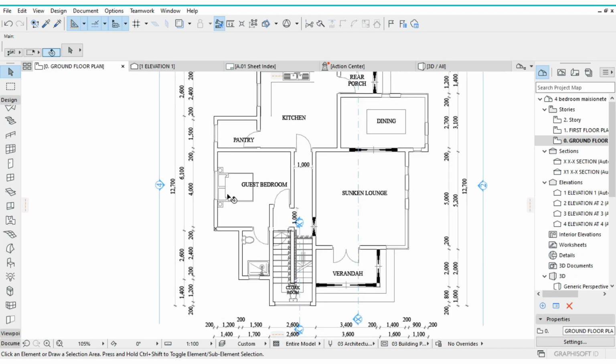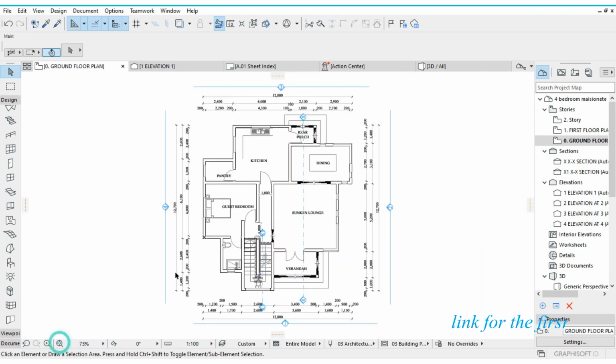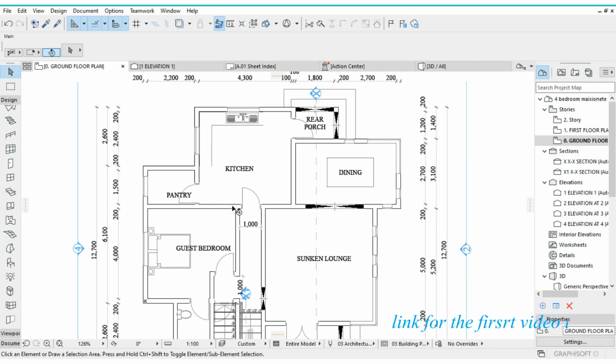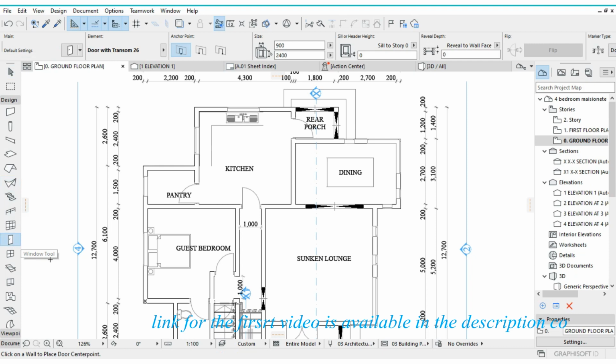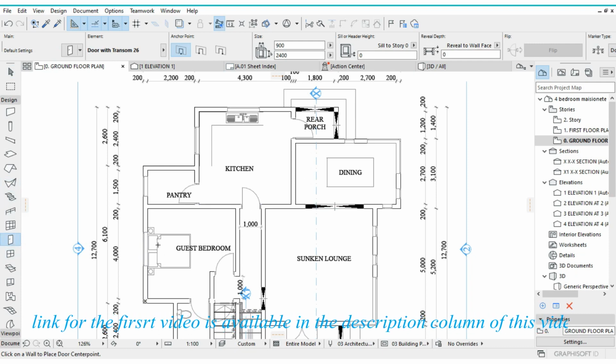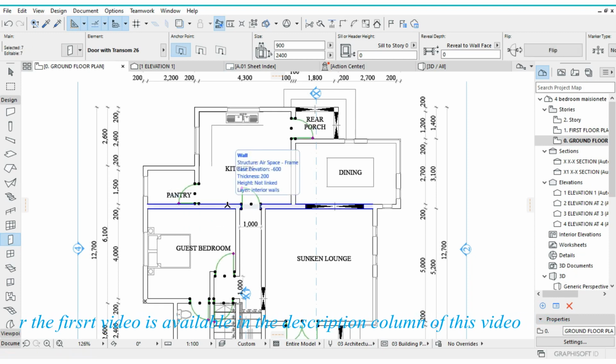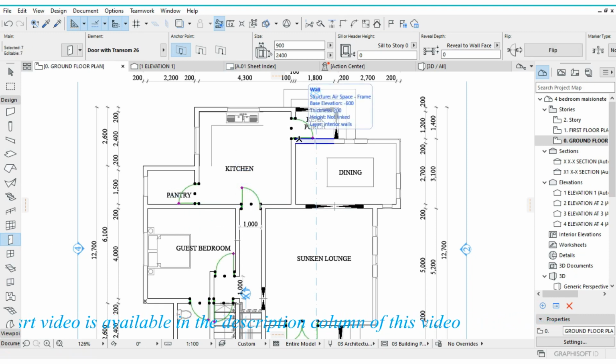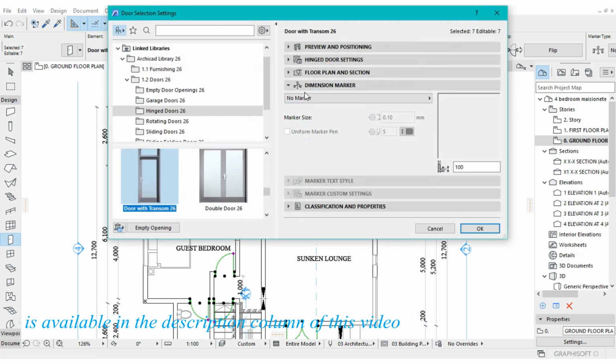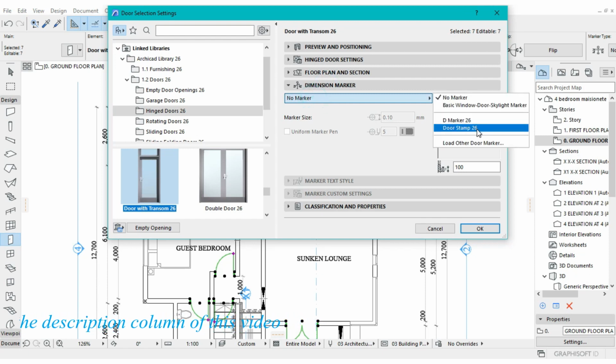You remember that I told you to actually name them. So all the windows and doors which are of the same size and are made of the same materials will have the same name. So what we are going to do is we are just going to show the name. So what you're going to do is just select the door tool, then press Ctrl A to highlight all the walls, then press Ctrl T for the settings, then come to dimension marker, this one here, then change from no marker to door stamp,